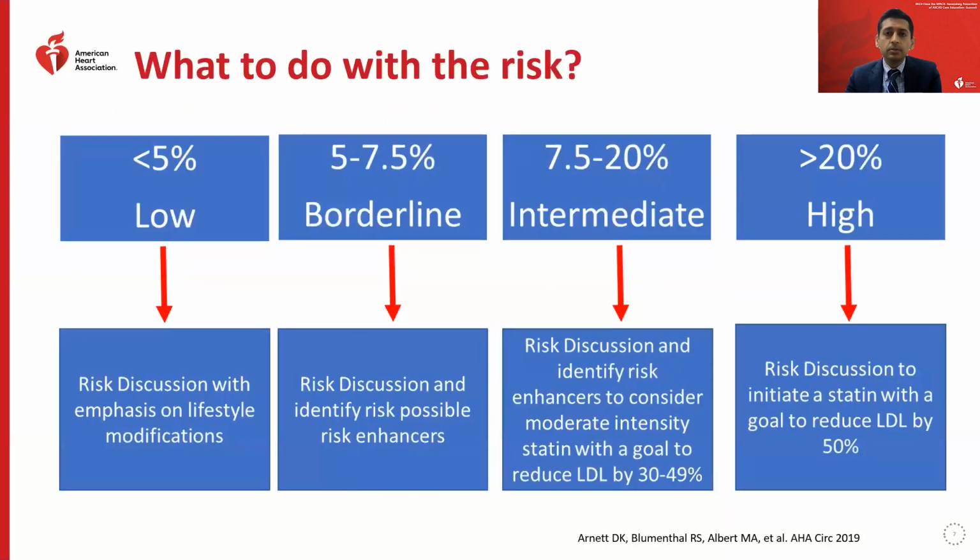What do we do though? What do we do with those buckets of risk? What's the guideline-based recommendation on how we should move forward? So if someone is at low risk, it's important to have that discussion with them and emphasize the importance of good, evidence-based lifestyle modifications that can lead to better outcomes. At borderline risk,